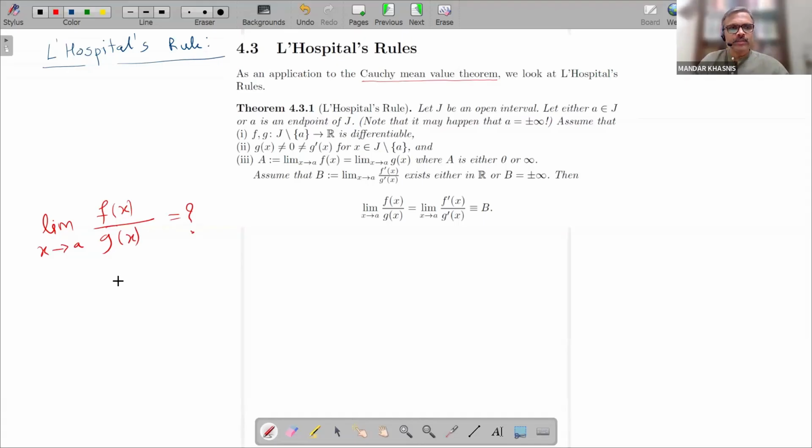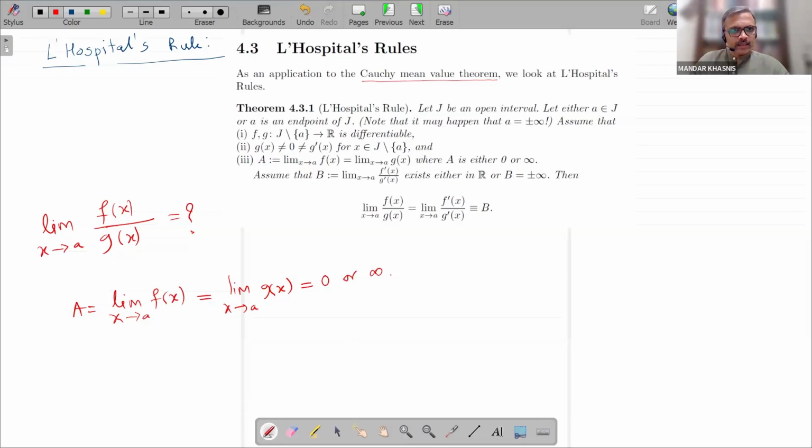If we observe that the limit of the numerator as x goes to a and the limit of the denominator g x as x goes to a are equal, and not just equal, if they both turn out to be either 0 or infinity,